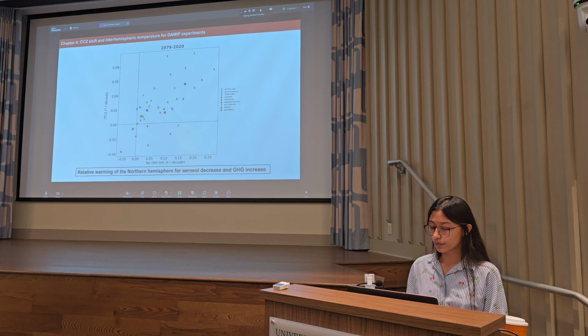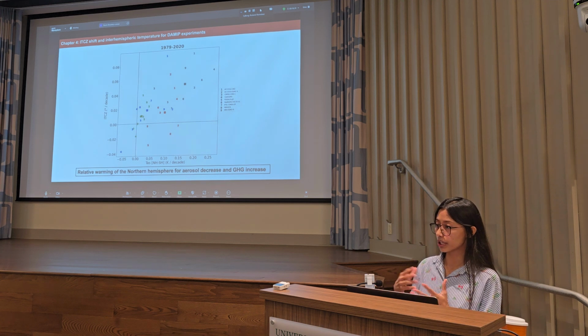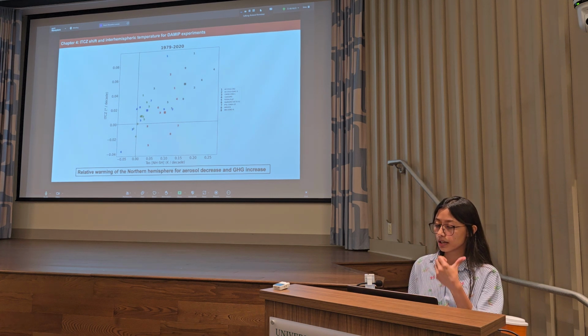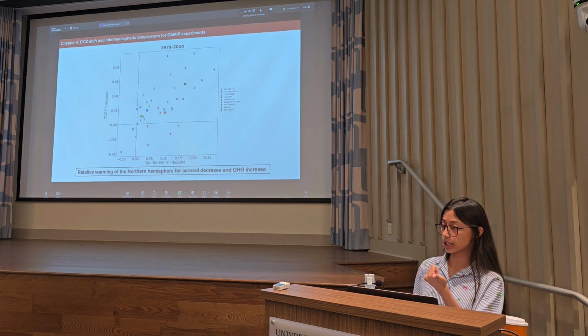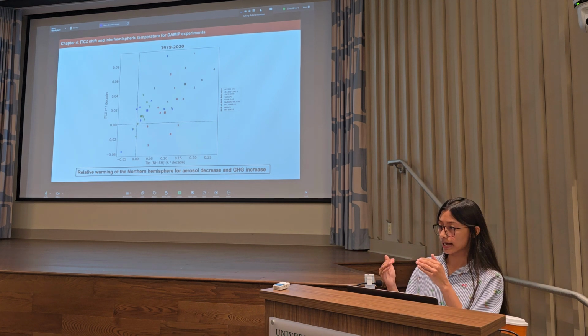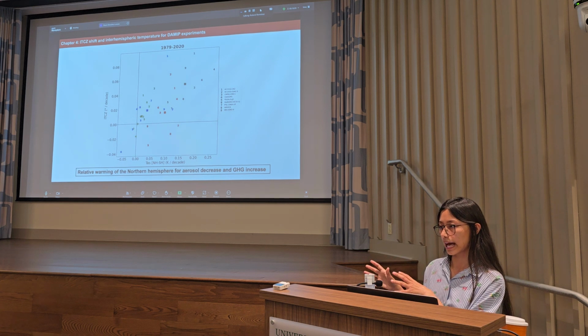And again, as shown for our interhemispheric temperature difference, we find that all three forcings simulate an increase in northward interhemispheric temperature difference over this period, with an increase in greenhouse gas preferentially warming the northern hemisphere, which has the larger landmass, and a reduction in anthropogenic aerosols, represented by the blue models here, which relatively warms the northern hemisphere mid-latitudes.